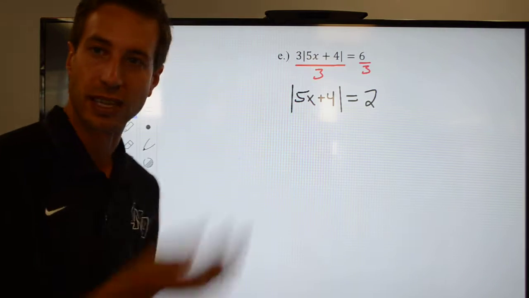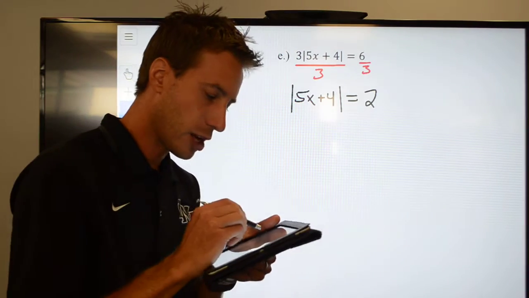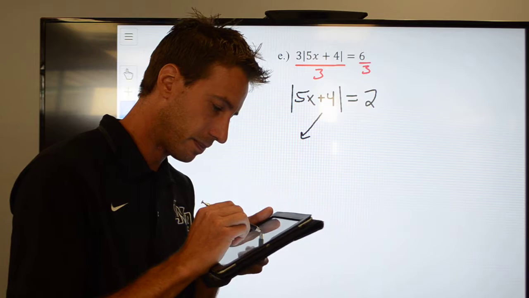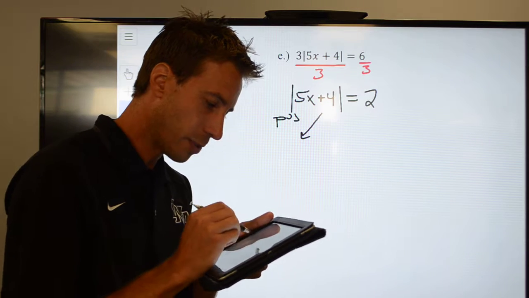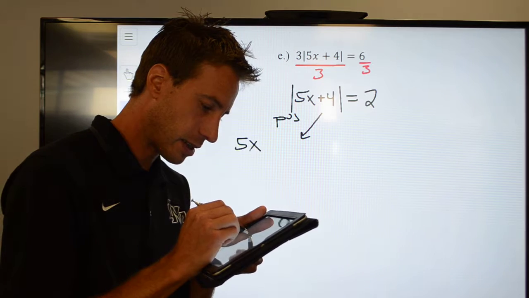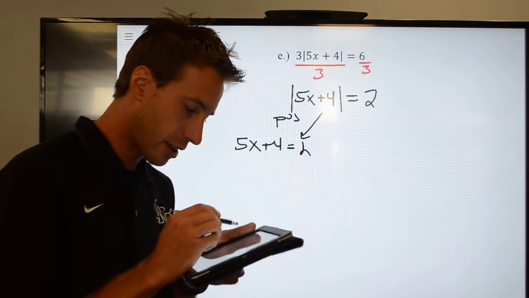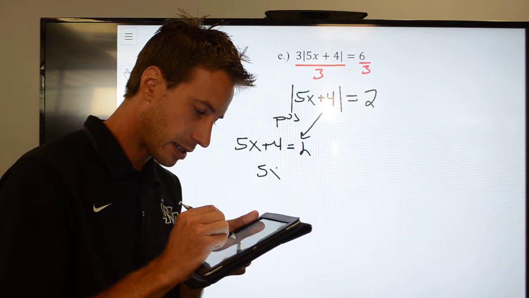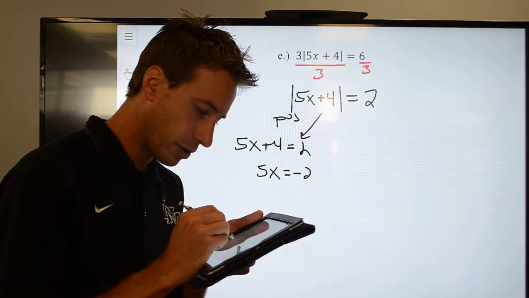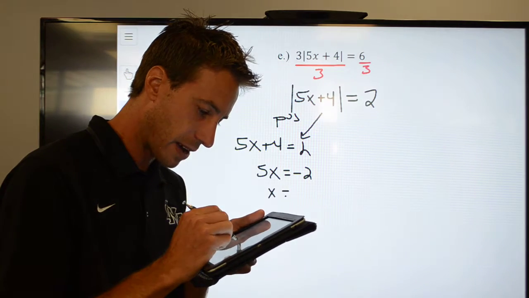So let's fly through this like we did on the last couple. We've already done a few of these. You guys should be good at this now. Do the positive first. 5x plus 4 is equal to 2. Subtract the 4 to the other side. 5x is equal to a negative 2. Divide both sides by 5. I get negative